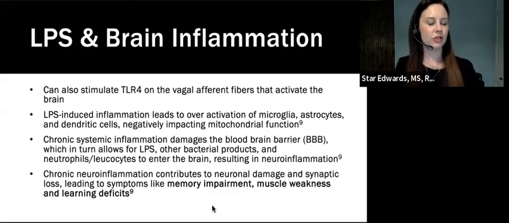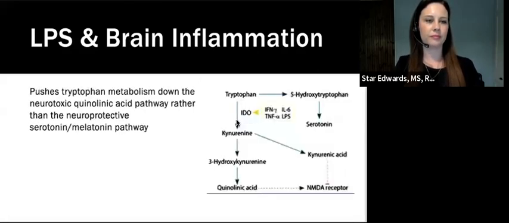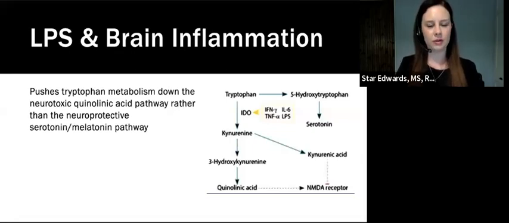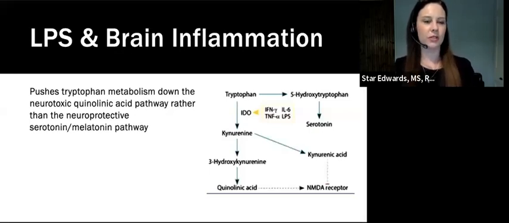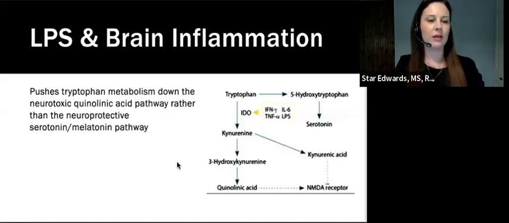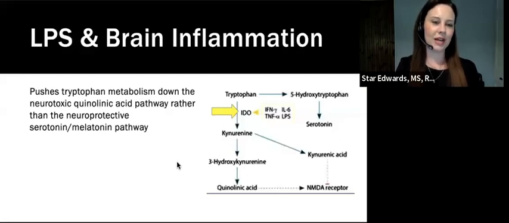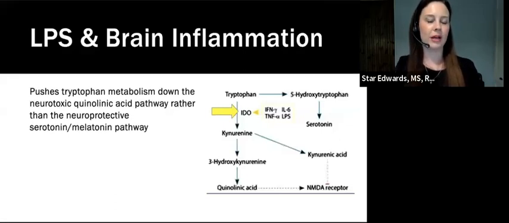Chronic neuroinflammation contributes to neuronal damage and synaptic loss, leading to symptoms like memory impairment, muscle weakness, and learning deficits. It also pushes tryptophan metabolism down the neurotoxic quinolinic acid pathway rather than the neuroprotective serotonin-melatonin pathway. So when we eat tryptophan, which is in a lot of protein foods that we eat, it is very common, that tryptophan is metabolized to either a neuroprotective or neurotoxic pathway, and LPS has a lot to do